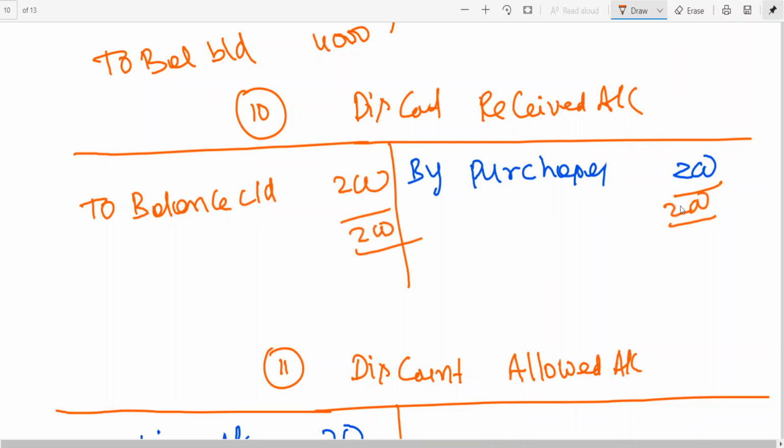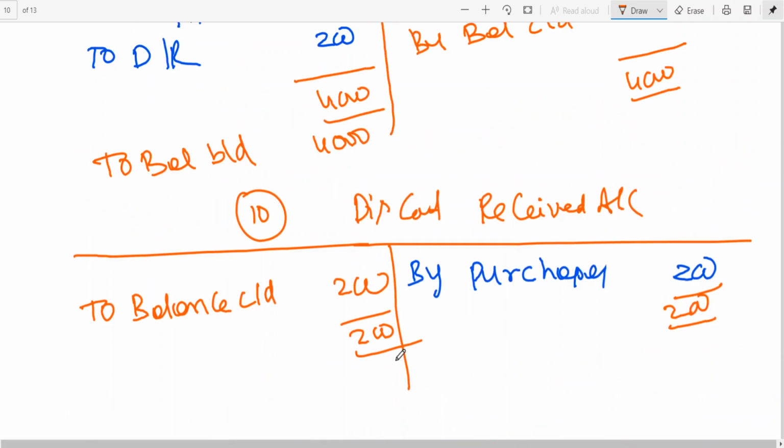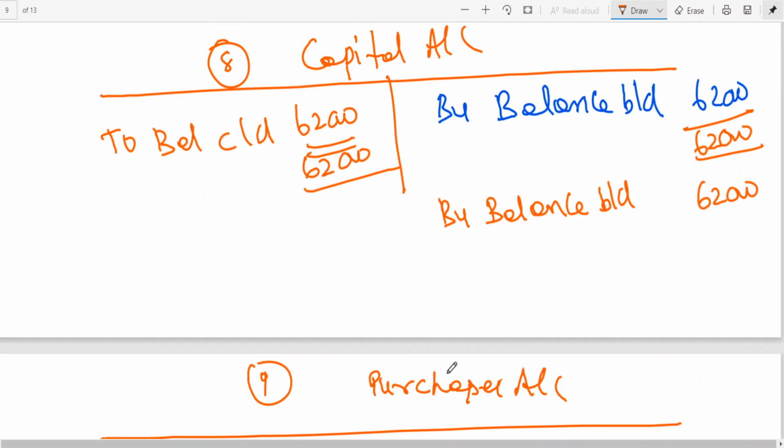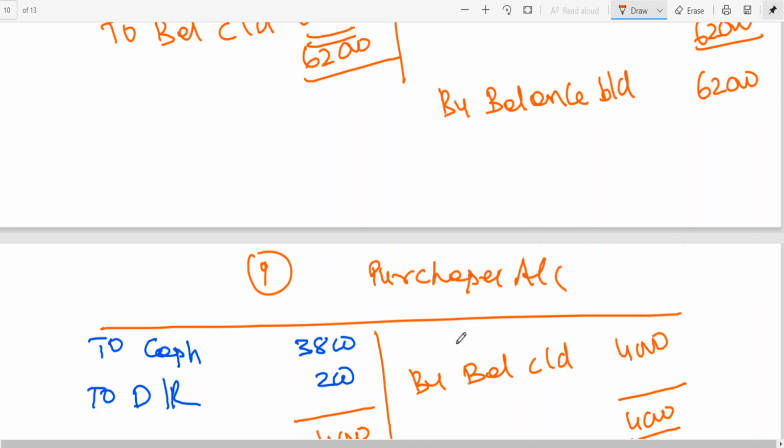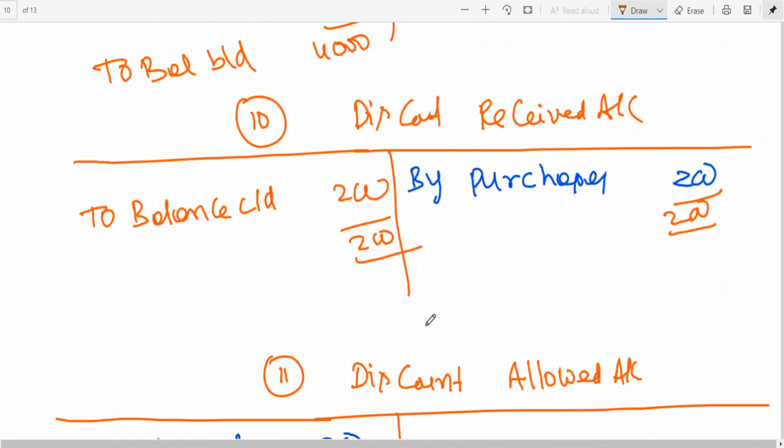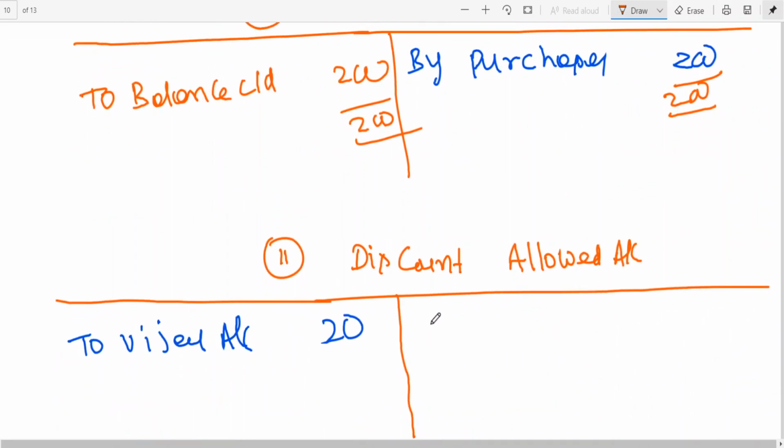Discount received is a nominal account. Discount allowed is a nominal account. And also purchase account is an expense account. Expenses and incomes are taken to the trading account, and they are not closed monthly. Why are we closing? To check the arithmetic accuracy. But these accounts are finally closed at year ending. Every month expenses and incomes will have balances, but at year ending these accounts are closed by transferring to trading and P&L account. These things we learn in final accounts.